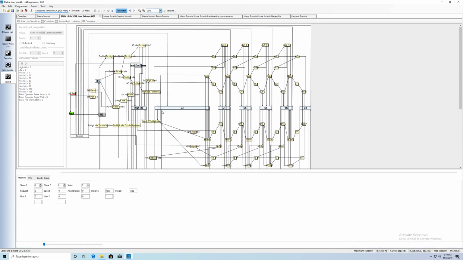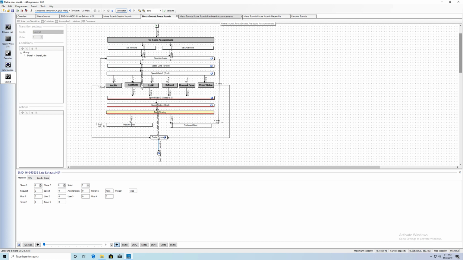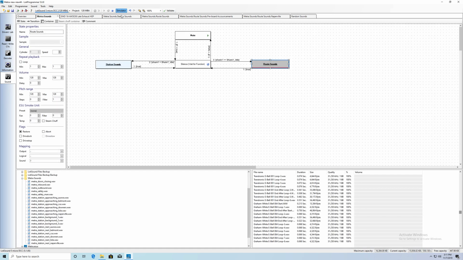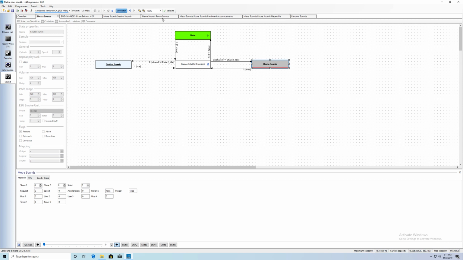If I go into this HEP sound and open the simulator, you'll see I've been talking about this mute and function thing a ton of times. When the simulator is open, this green is basically where it's at in the code, in the execution. Let me go to Metra sounds because it's simpler to understand. So we'll come here, toggle off simulator, toggle on simulator. Okay, so mute is, and if I hit function, which again is function 16 for me,